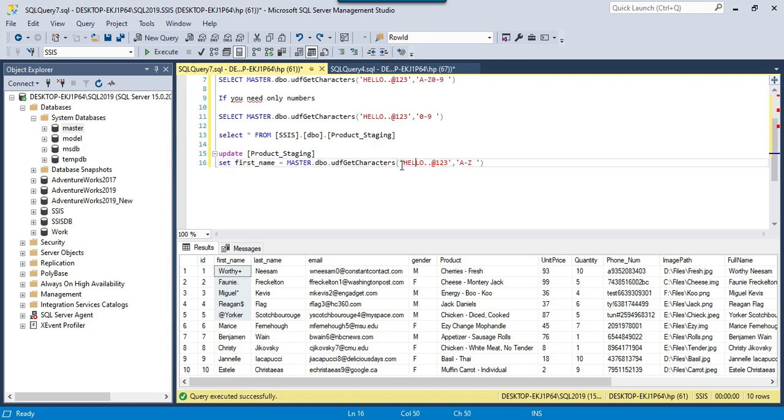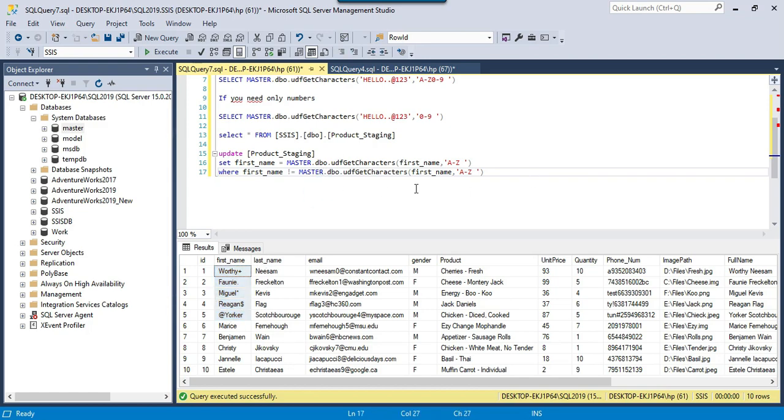So instead of this hello dot dot at the rate 1 2 3, I will pass the column name. Okay, and now I need only the A to Z value from this column name, where first name is not equal to this value. Okay, so it won't update all records in the table, but only the ones which have special characters. Because there are 10 records in the table, but only 5 records have special characters, so only those 5 records will be updated.